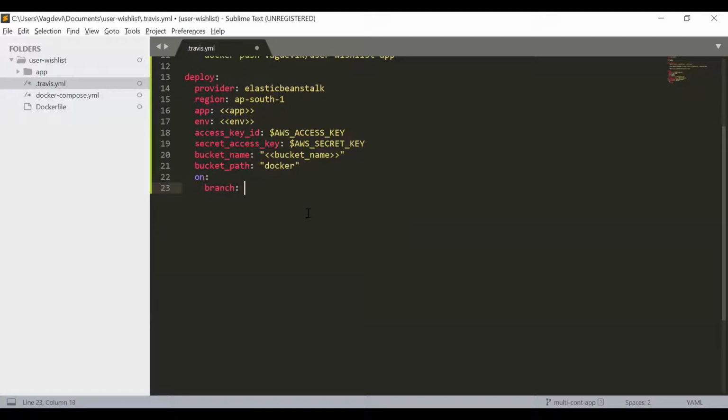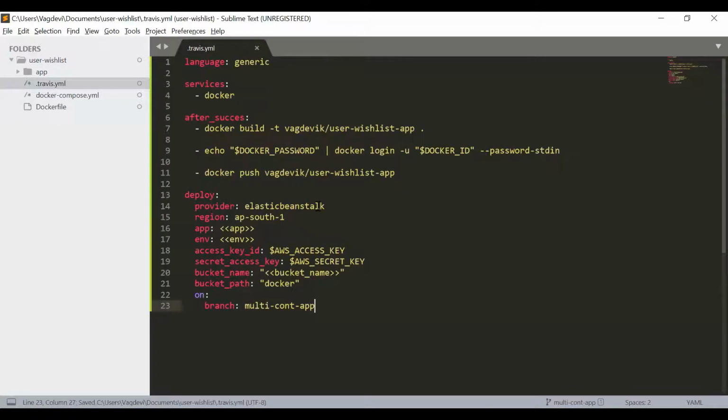So it is this multi-container app. Okay. So save it. Now we need to configure the environment variables, Docker password, Docker ID, access key, and secret key in the Travis account. And also we need to create an application, Elastic Beanstalk application. Only after that we can fill this app, env, and bucket name, right? So let us go to that part.